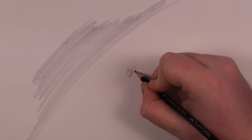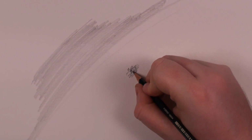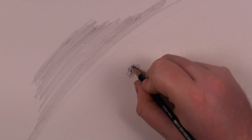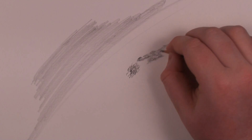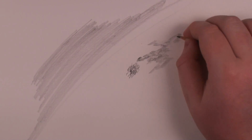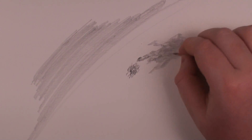get in there. I'm just kind of scribbling. I'm not really doing anything creative here at the moment. But you can really get in there with the point of the pencil, so you're going to get a lot of sharp details doing things like this. But if you want to get that loose but controlled motion, switch to the underhand grip, and you'll get a very, very expressive but controlled look. And this is how I'll do most of my leaves and things like that, from my tree branches and such. So keep all these things in mind, and just keep on practicing, and I'm sure that